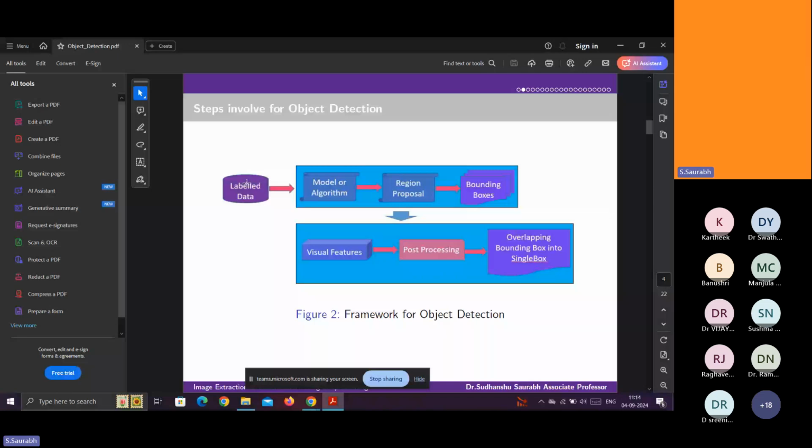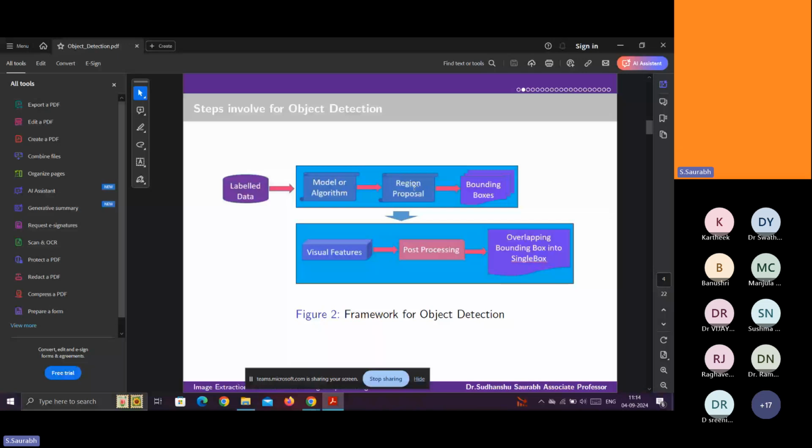Means if it is a machine learning model, then you can write your own algorithm and integrate it with the given machine learning algorithms, because 10, 11 algorithms are available. Integrate your mathematical model or algorithm with a machine learning or deep learning algorithm. Both are combined together, and then apply the region proposal network, RPN. That is also one kind of deep learning model. So RPN you can apply.